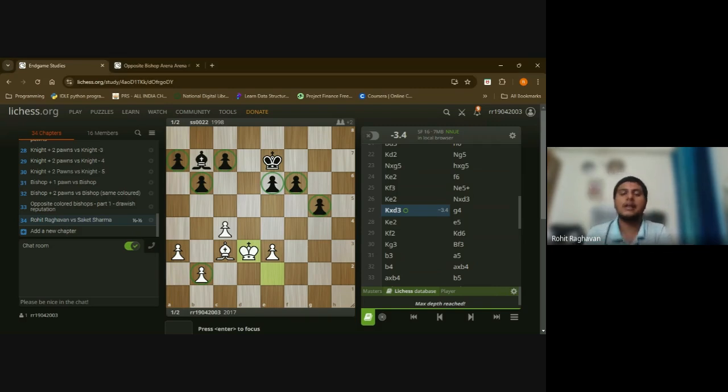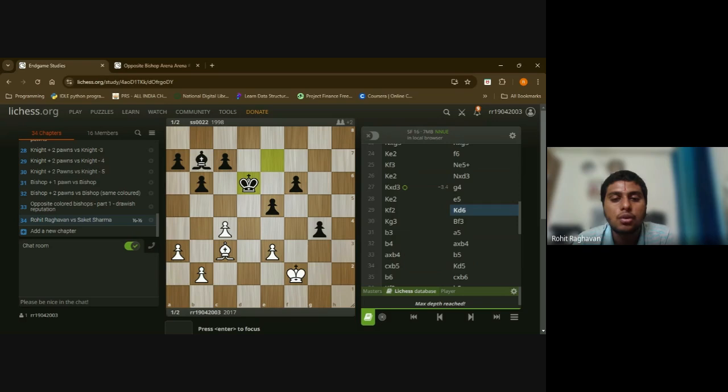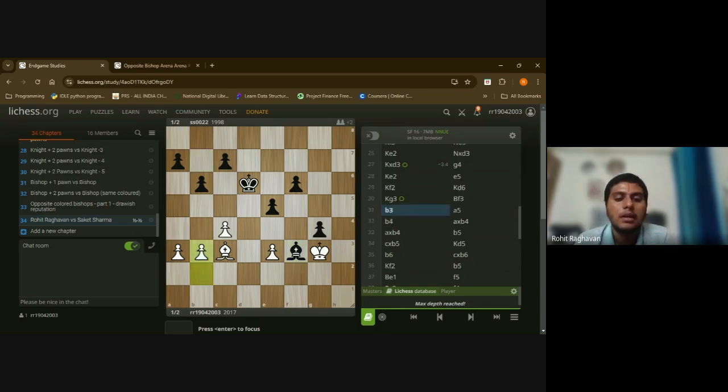Now let's see how I went about the business. G4, king e2, stopping this pawn from promotion. E5, king f2, king d6, king g3. Okay. Now you may ask, black is having king c5. You have allowed the c pawn to get attacked. Now what? He played bishop f3 here. He could have played king c5 to attack this pawn. I played b3,